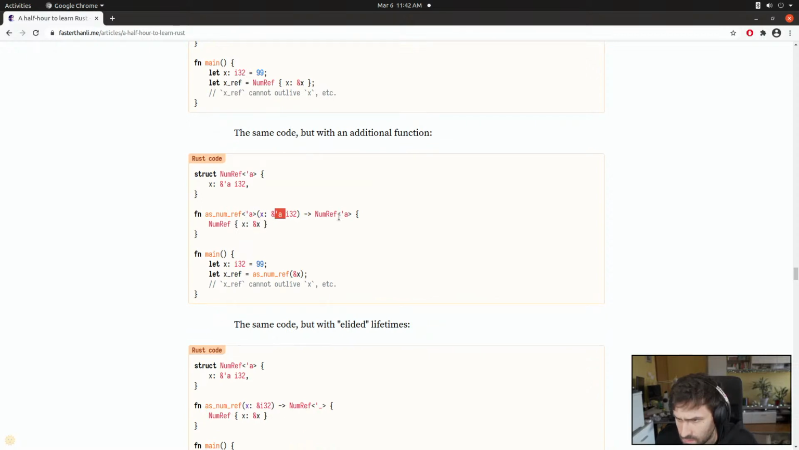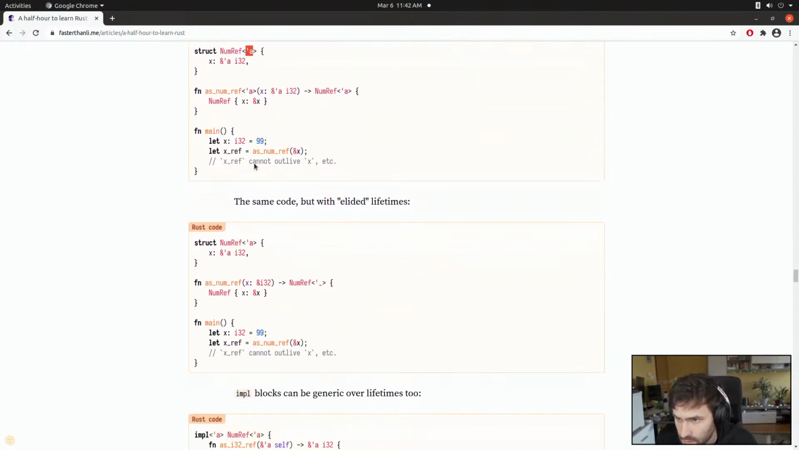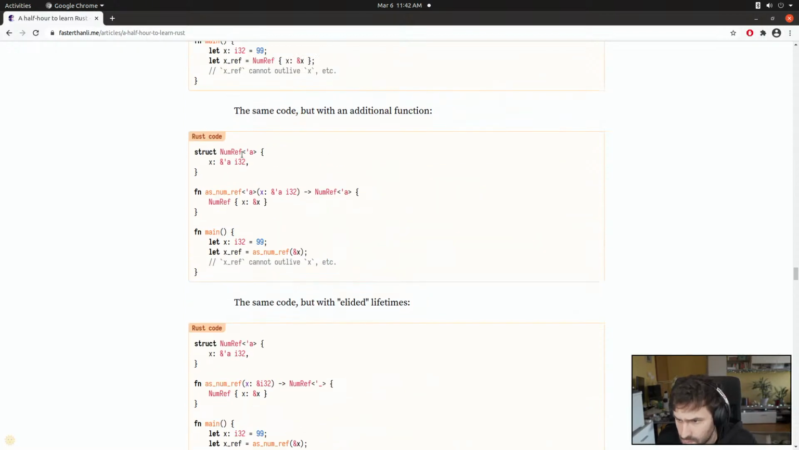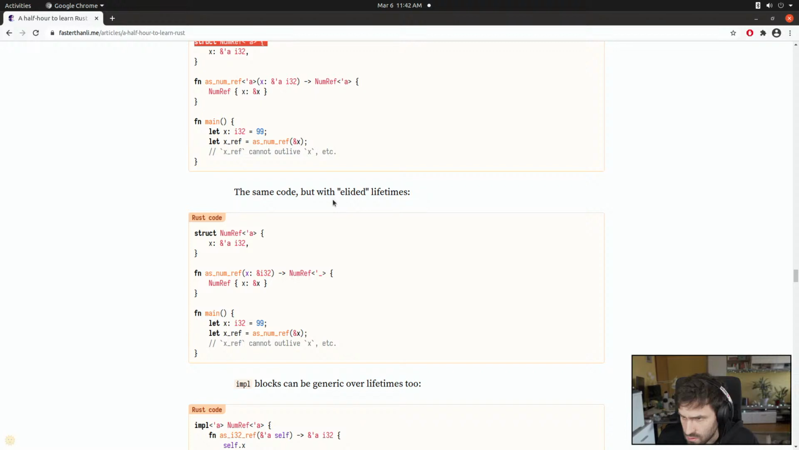So the lifetime of that depends. Yeah, this is just chaining now. So you have a function that has these lifetimes, and then the struct also has the same lifetime. So the same stuff, just one level deeper. Xref cannot outlive X. Yep, even though this is not returning directly a reference to X, it's returning a reference to the struct that has a reference. The same code, but with